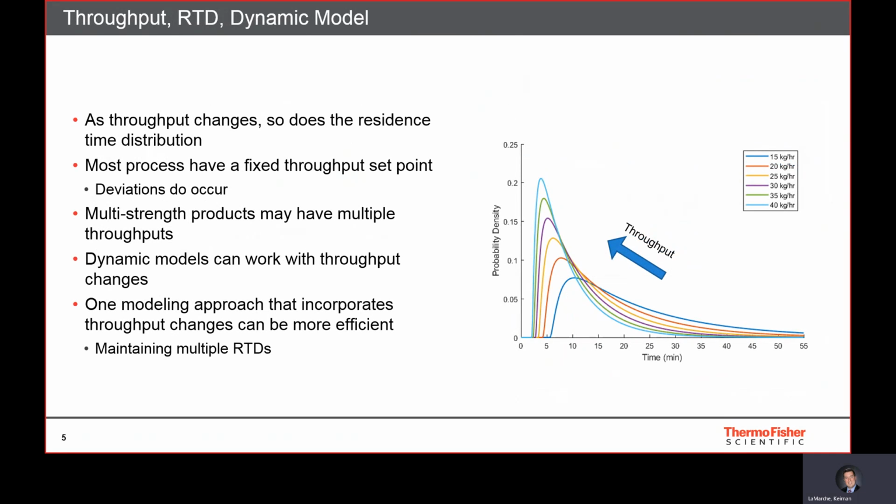Residence time distribution, or RTD, depends on the state of the system. If the throughput changes, the rate at which the material passes through the system changes, which then changes the distribution of times a particle will be expected to leave the system. As you can see in this graph here, as the throughput increases, the material passes through the system faster. In addition, the width of the residence time distribution decreases. So at faster throughputs for a given holdup, you get less mixing. The material spends less time in the system, and there's less distribution of particles throughout the system that can cause